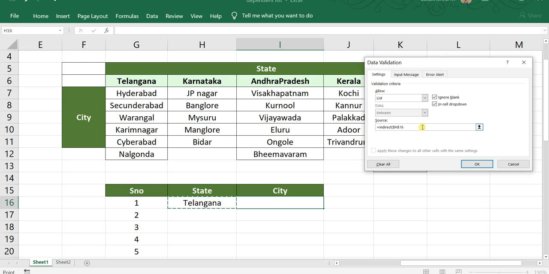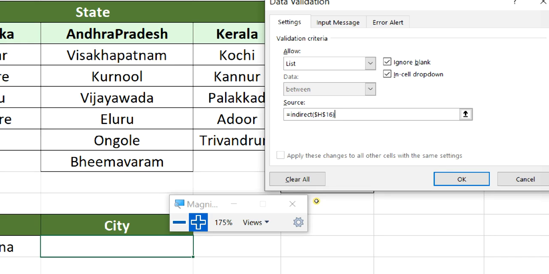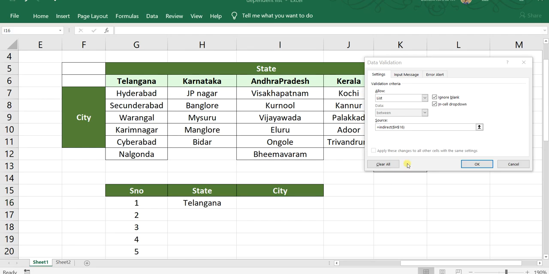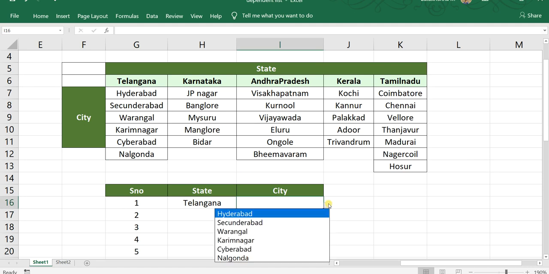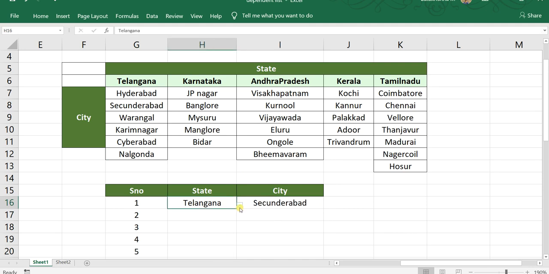In this cell we have already a drop down, and close the brackets, enter. You can check the formula here, it's INDIRECT and cell number, and remember the cell is fixed. We have included dollar for the row and column, and click OK. Now you can check. Click on this drop down list and you can see the list of cities under Telangana